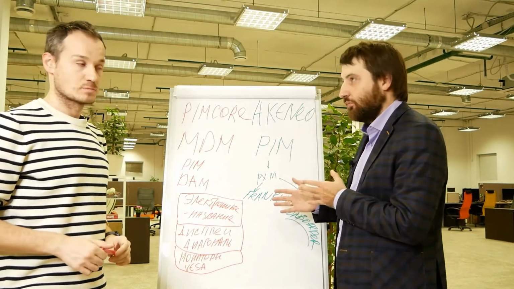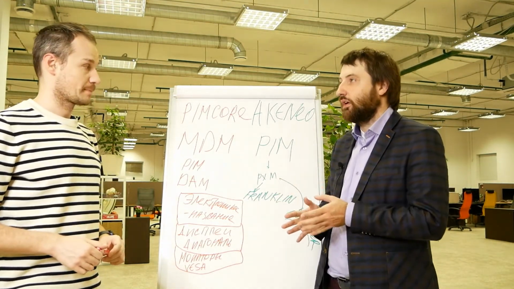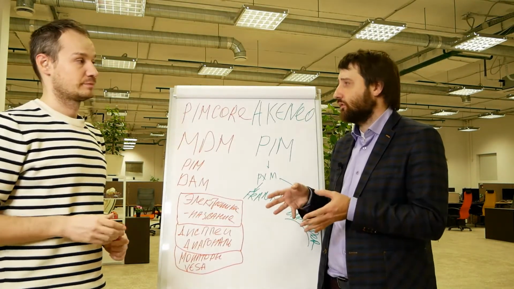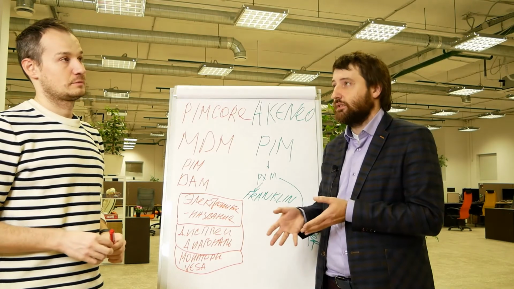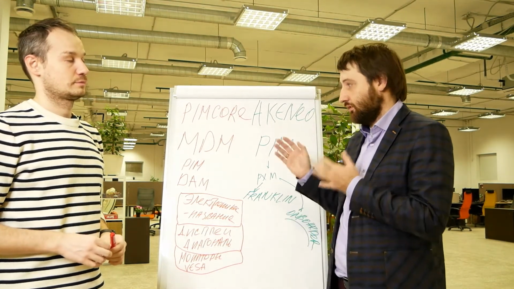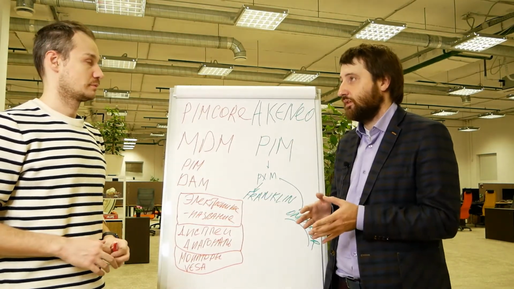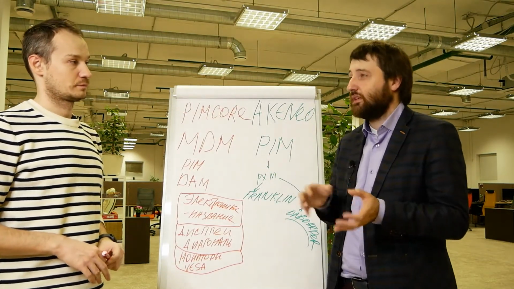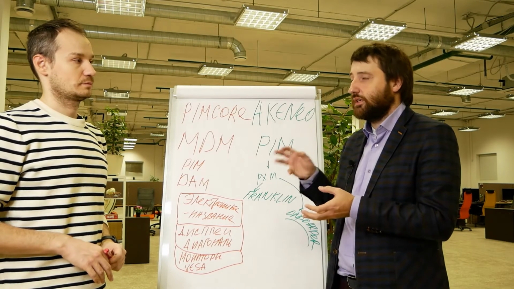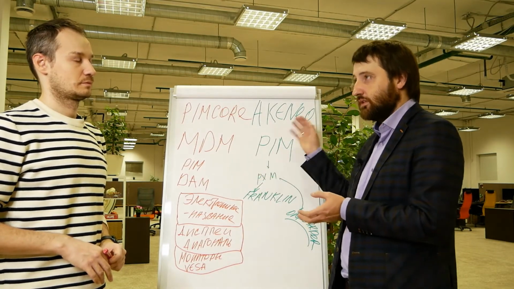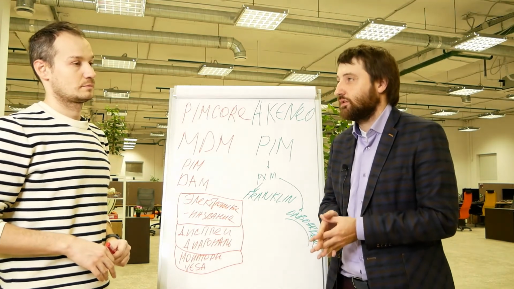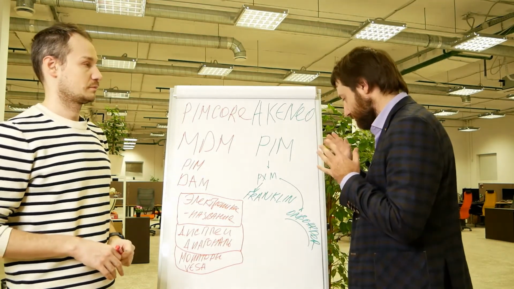Akeneo is easier to set up than PimCore. It maintains families of attributes. It doesn't have a too complex inheritance model. If you need it, you have to customize Akeneo. But basic families of attributes, inheriting from one family and getting all its attributes plus adding your own is still possible. But you can't take away one attribute from the parent and add your own. You will have problems with this. All of it can be customized.